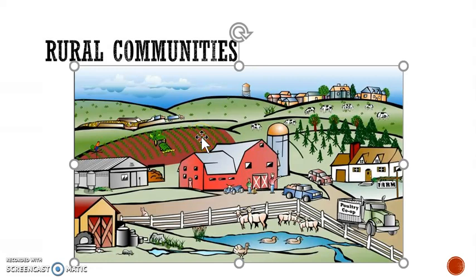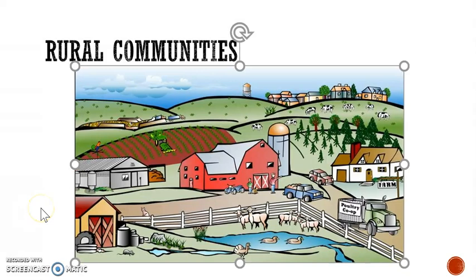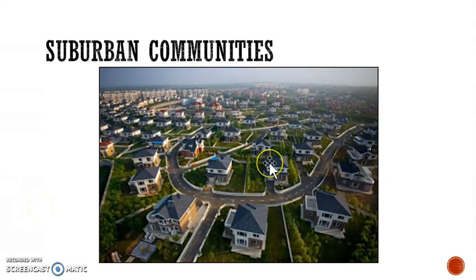And then next, we're going to talk about suburban communities. Suburban communities are communities that are just outside the city and are where most people live. Suburban communities can have some woods. They can also have nothing. There's typically a lot of houses, a lot of people, maybe some parks, other things you would typically find just outside the city.